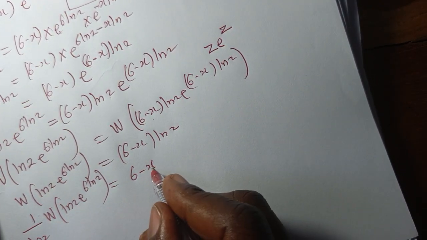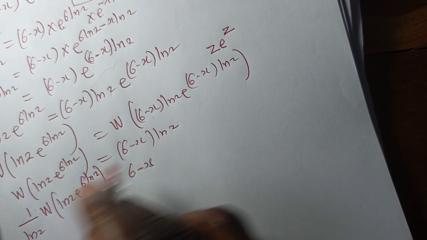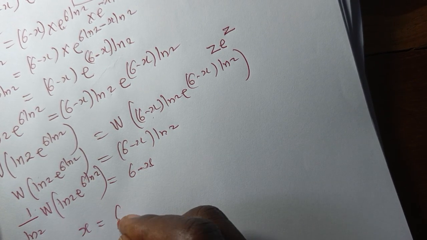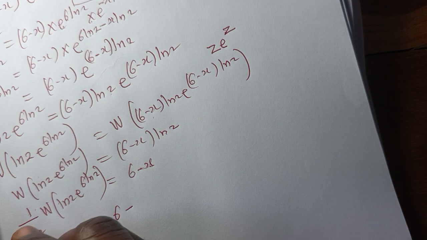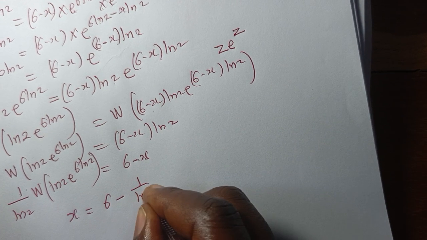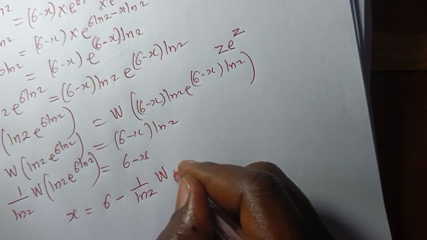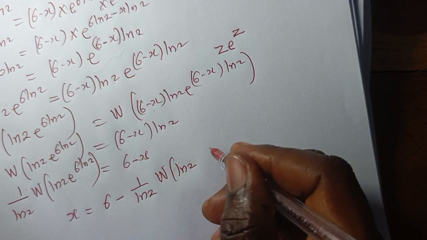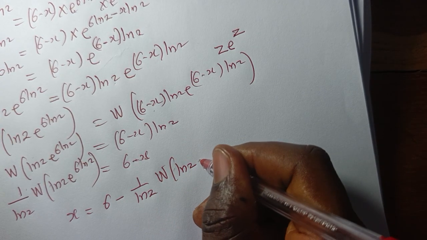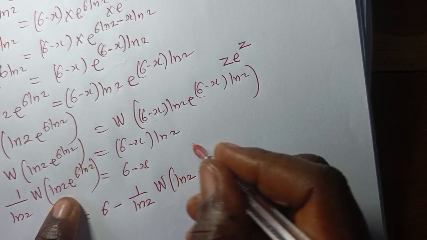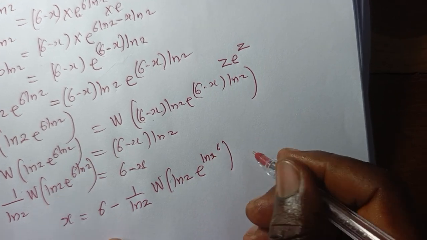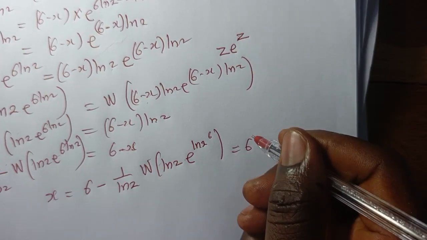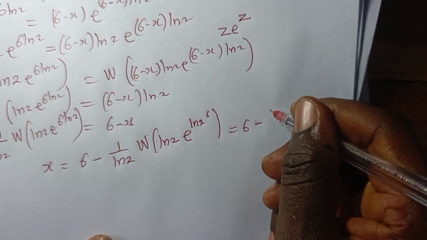Now we want to solve for x. Because of the negative sign here, we bring x to this side. We have x equal to 6 minus the other side. This one is coming to the other side, so it will turn to minus 1 over ln 2 times the Lambert W function of ln 2 multiplied by e raised to power 6 ln 2. This can be written as ln 2 raised to power 6, which equals 6 minus 1 over ln 2,